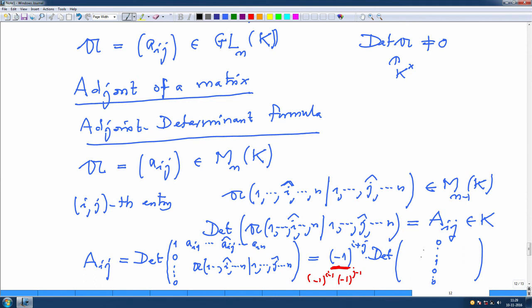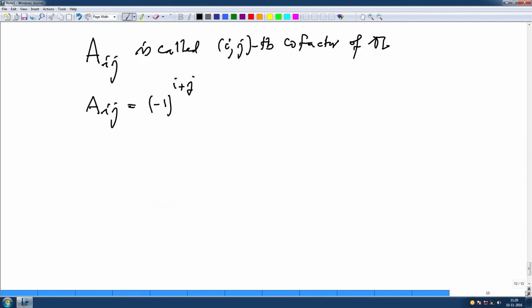What are the columns? Columns are the original columns of A and only this column is changed. So that is delta, the standard determinant function, of x1 up to xi minus 1, then here it is ei, next is xi plus 1 to xn,